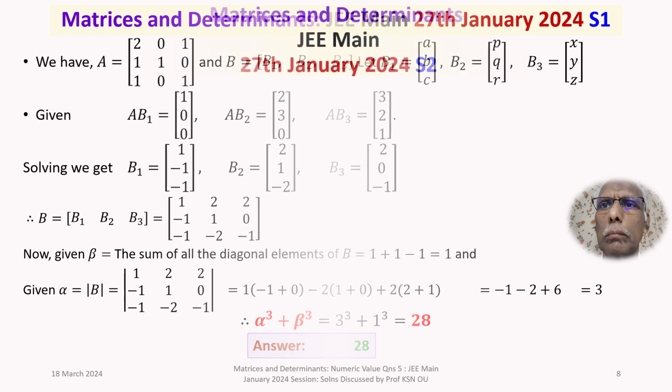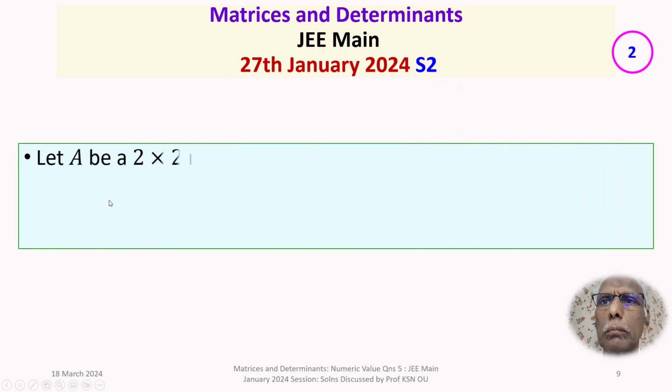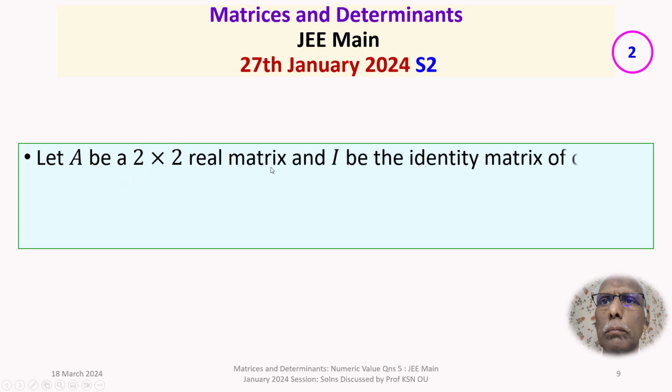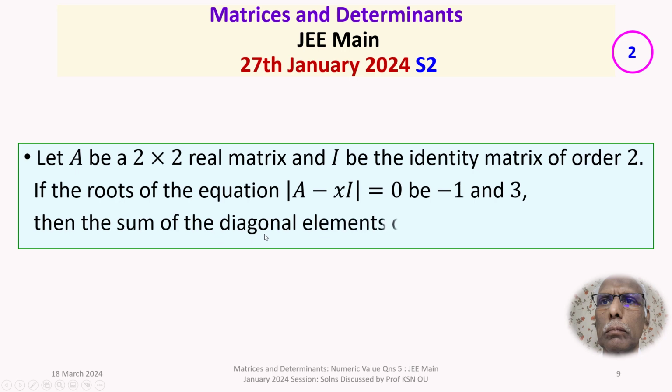We move on to the next question, that is question number 2. This question has appeared in the JEE Main Examination held on 27 January 2024 in the second shift. The given question is: let A be a 2 by 2 real matrix and I be the identity matrix of order 2. If the roots of the equation determinant of A minus xI is equal to 0 are minus 1 and 3, then the sum of the diagonal elements of the matrix A square is,